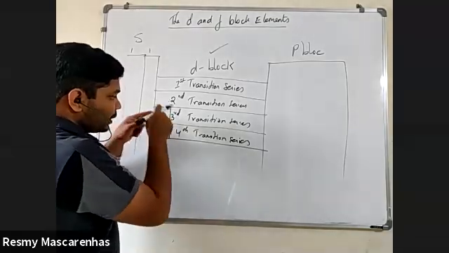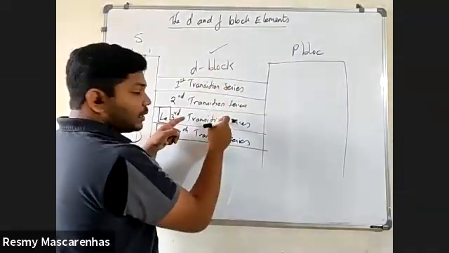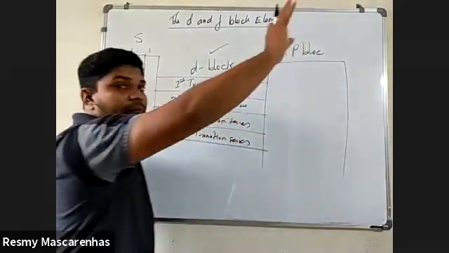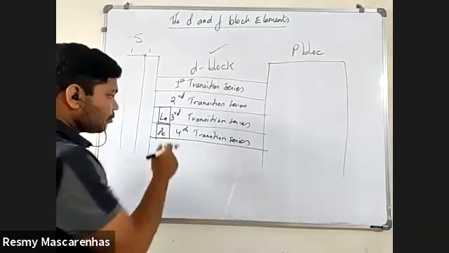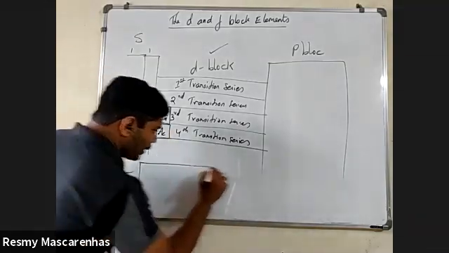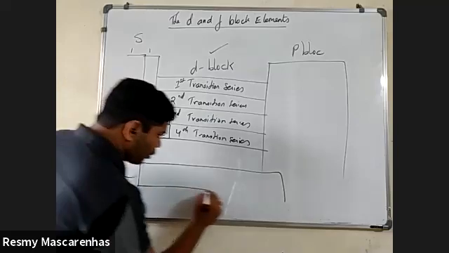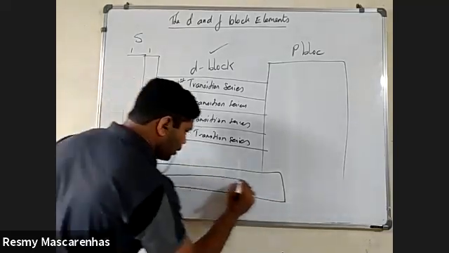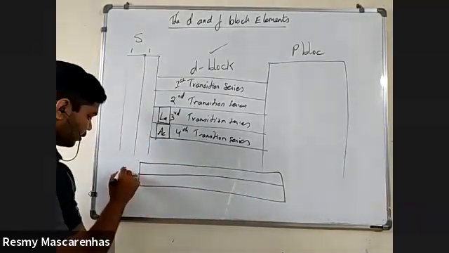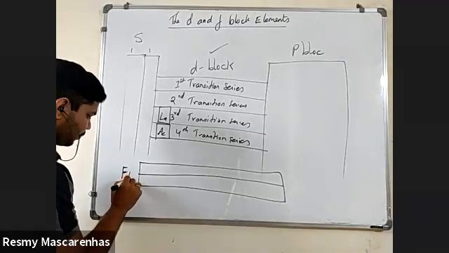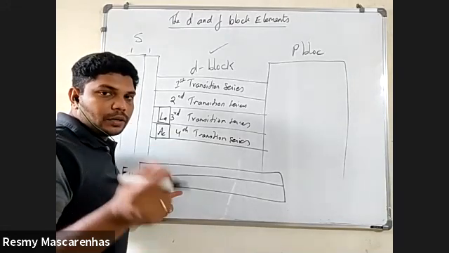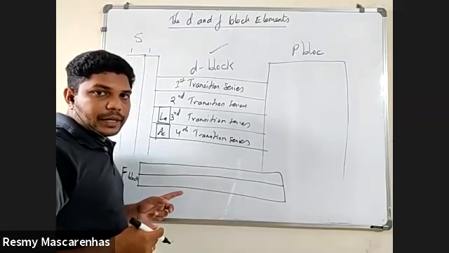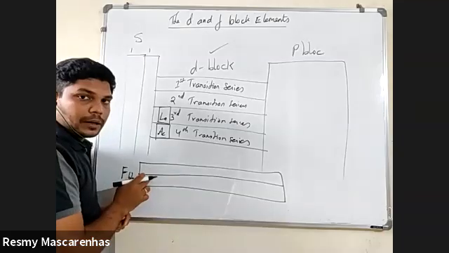Actually, if we mention those 14 and then also the D block, it would be extended. We cannot fit our periodic table in one chart. Because of that, what they have done is this lanthanum and actinium, that is the F block elements, they have shown separately below the periodic table. This is the F block. Did you see these things on your periodic table? If you have a periodic table, yes sir. This below thing, this is the F block.